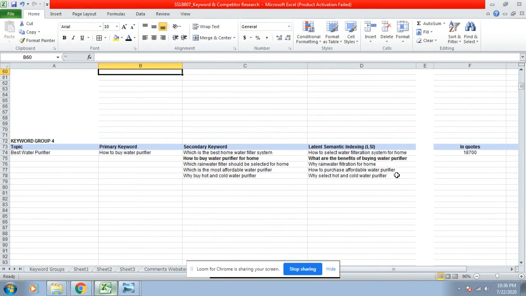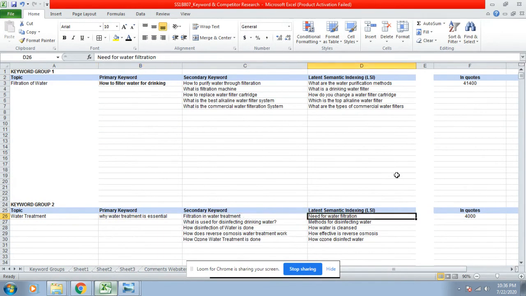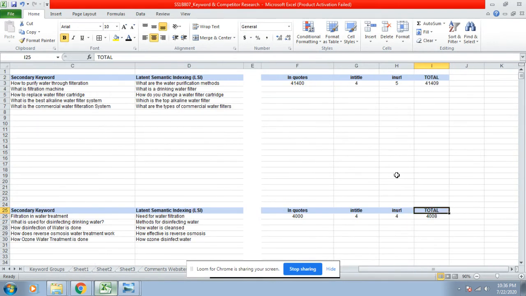Once we are done, we have to check the total number of competition websites including in quotes, in title, in URL, and see the total figures for all 5 keyword groups.